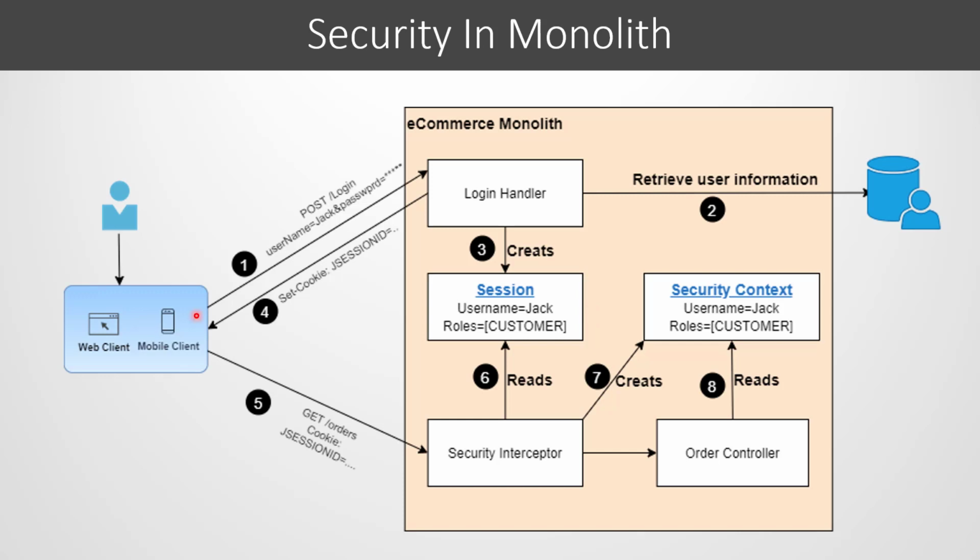On successful login, the user requests the orders resource by sending the JSESSIONID cookie in the request. At the server side, the orders request will be intercepted by the security interceptor to verify that the user has a valid live session associated with the provided JSESSIONID in the request and has access to the requested resource, that is orders in this case. If the user has a valid session, the security context will be created and the request gets forwarded to the requested resource. Once the request is processed, the response will be sent back to the client.